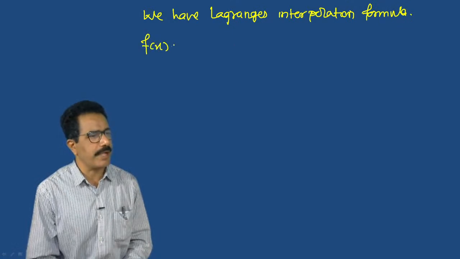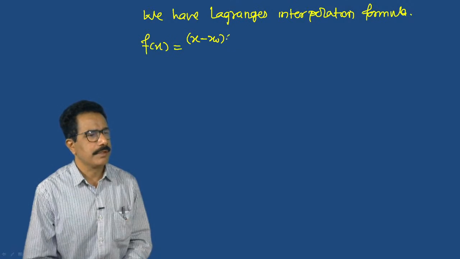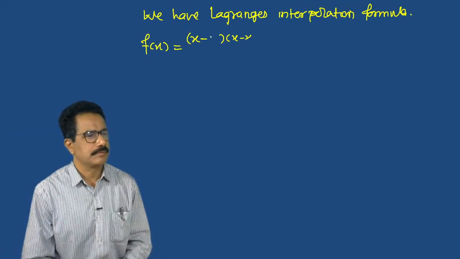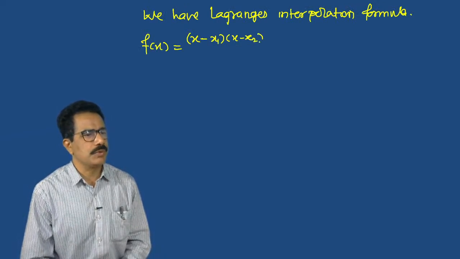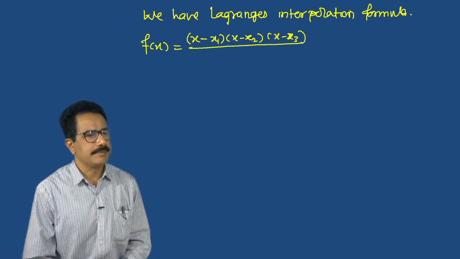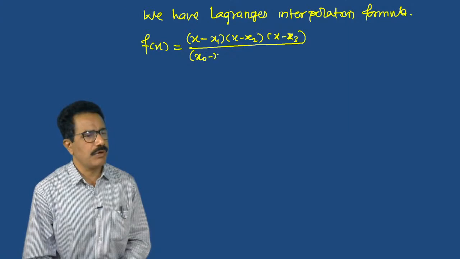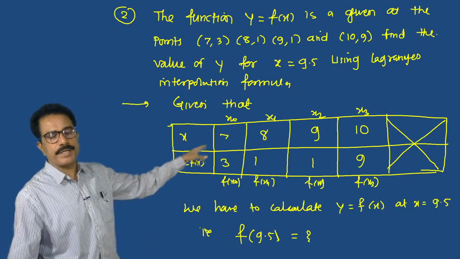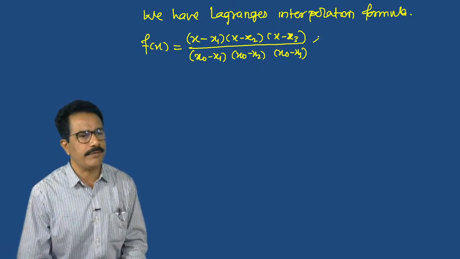See this, f of x is equal to x minus x0, x minus x1, x minus x2, x minus x3 divided by x0 minus x1, x0 minus x2, x0 minus x3. They go only up to x3, right? x0, x1, x2, x3. So we have to write f of x0